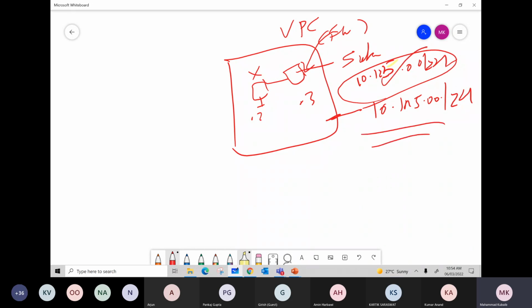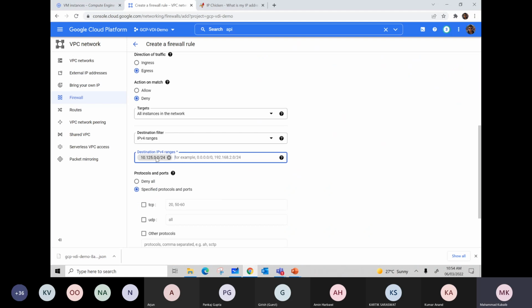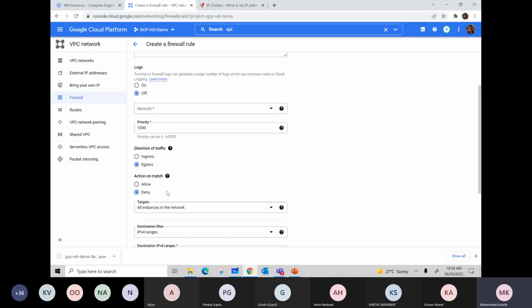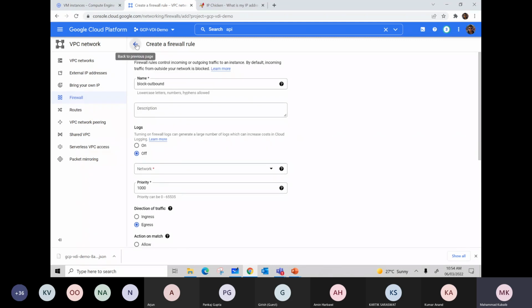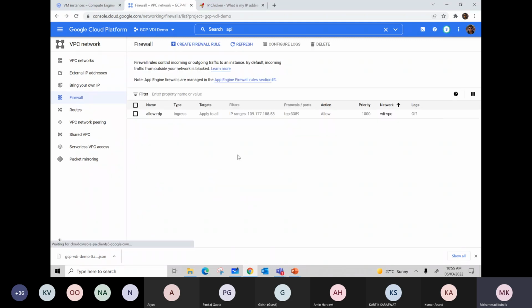If you want to allow everything, you can allow this. You can add all the subnets you want. So you just create it here and click deny all protocols. Then create the rule. I'm not creating this one because I want to show the outgoing traffic later. If needed, we can enable this. So this is how you restrict outbound traffic. By default, it is enabled. Okay, so this is related to firewalls. This is related to subnets and